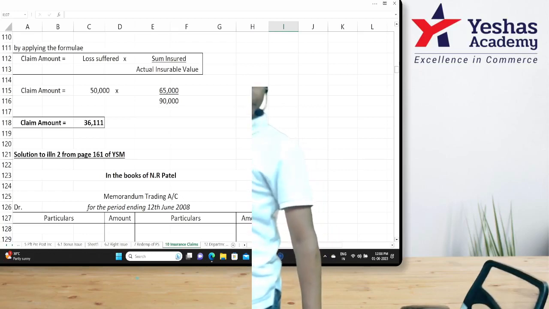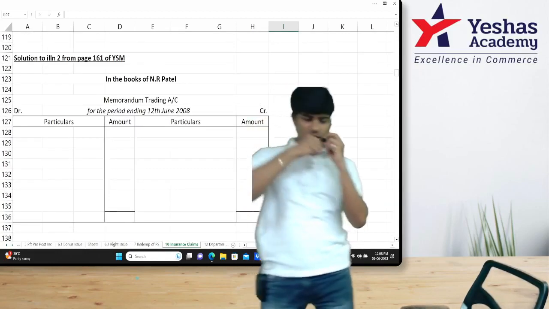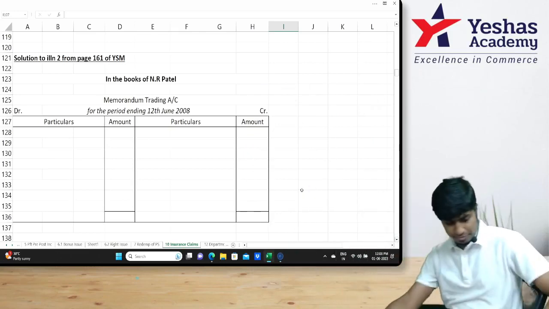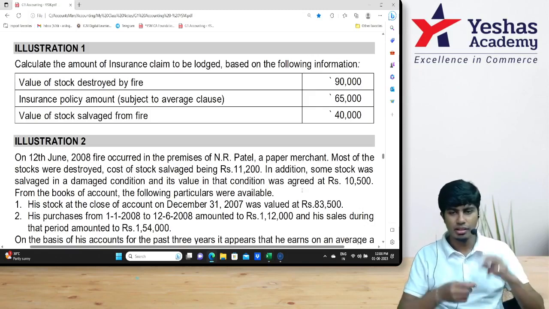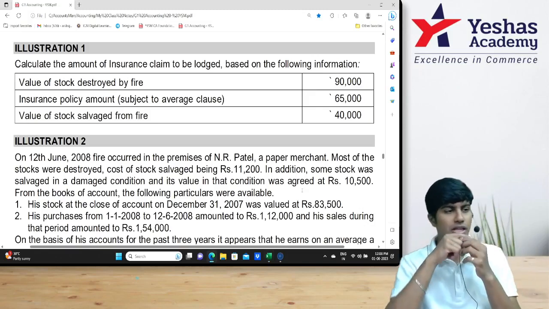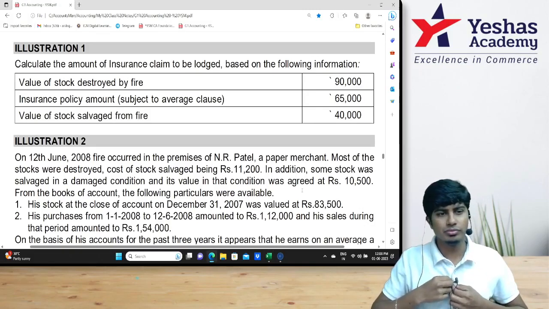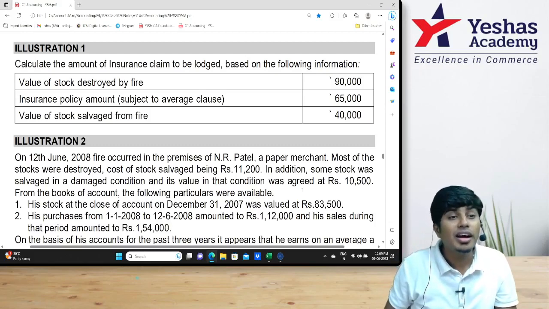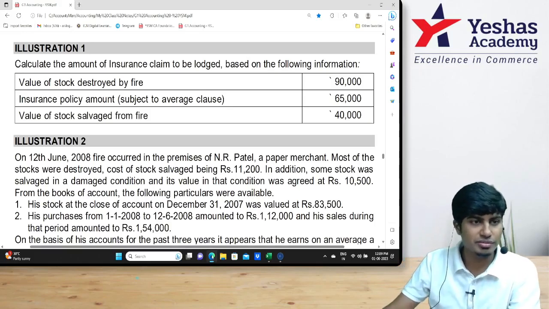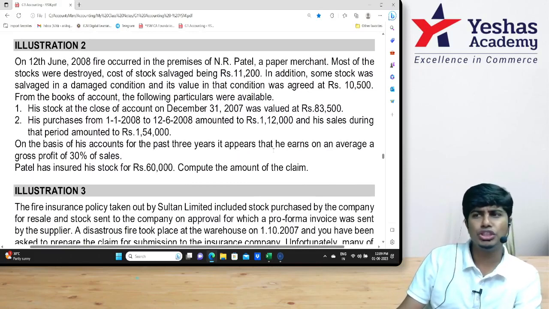Shall we start the second one? Come on, let us now do N.R. Patel. Everyone, easy one. Let's see this. Who would read this? Who's the one next to Sudesh? This side. Ashley, can you read question number 2 for us? Ashley, come on, read question number 2. Quiet, guys.